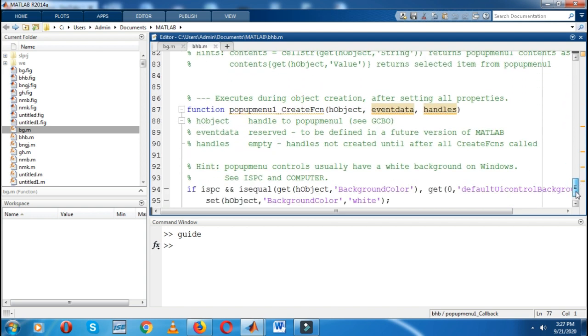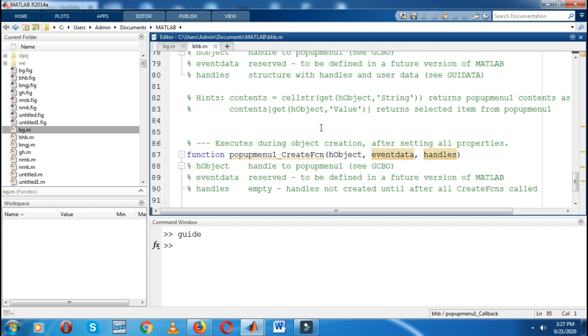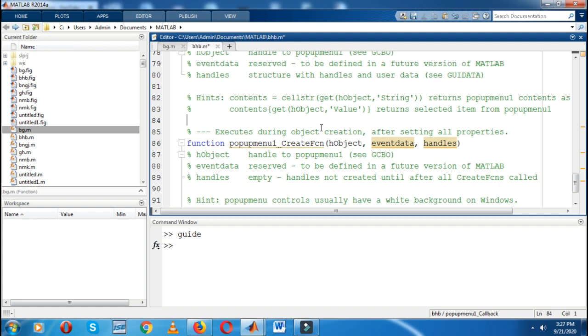So how to write? I have to display the unit step signal and unit ramp. First I have to write val equal to get, in brackets handles.popupmenu1, then comma, in single inverted commas value, bracket complete.